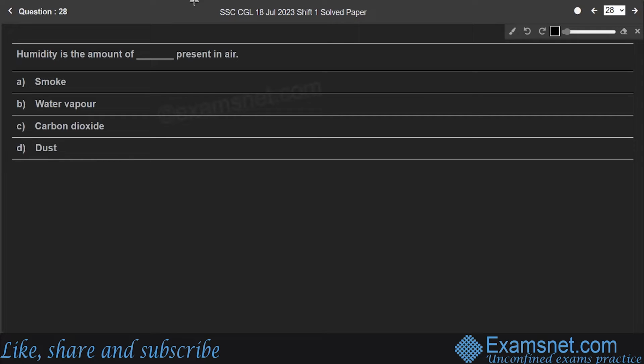Question 28. Humidity is the amount of dash present in air. So it is the amount of water vapor present in air. The amount of humidity in the atmosphere is a measure of moisture in the air. The moisture in the atmosphere is derived from water bodies through